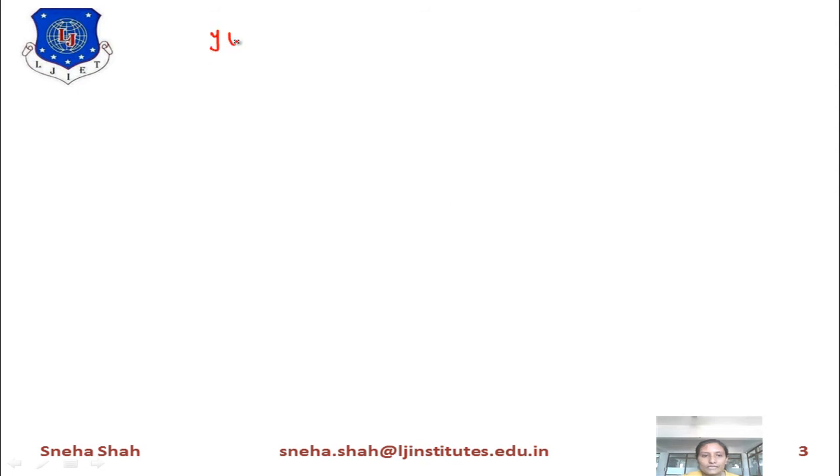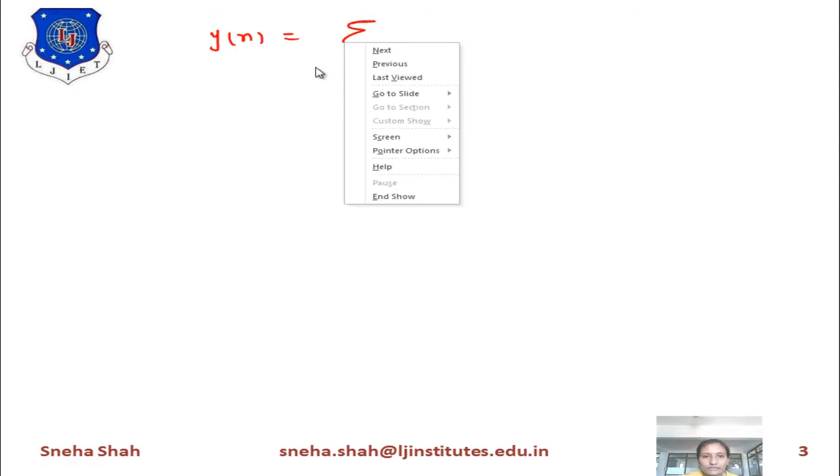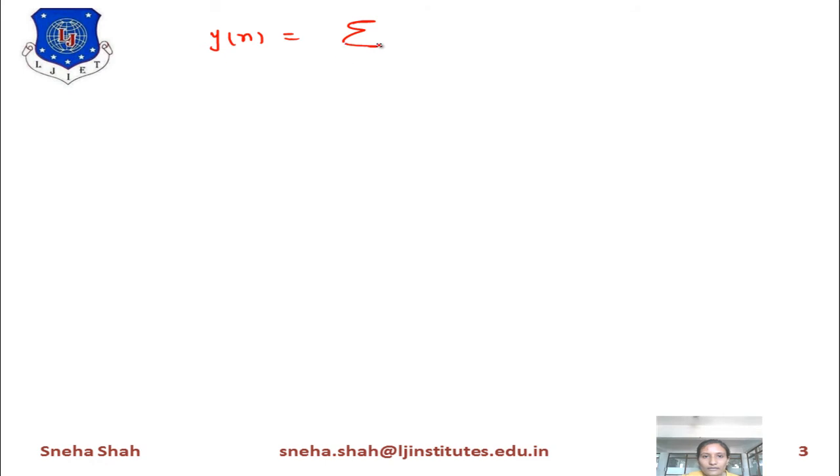So the next step is y of n equals summation k equals minus infinity to infinity h of k. A is constant, so it will be outside of this summation. e raised to j omega n plus phi will be as it is, into e raised to minus j omega k. Now from this equation you can see that this term is constant because this one is the summation of k. So this term will be outside of this summation.